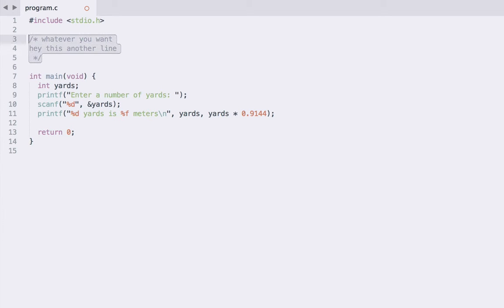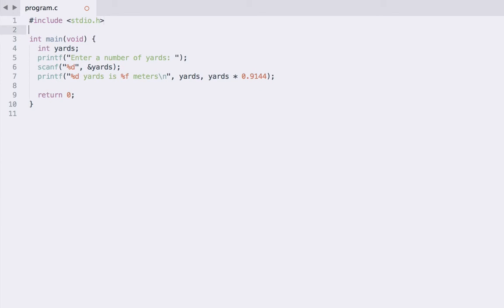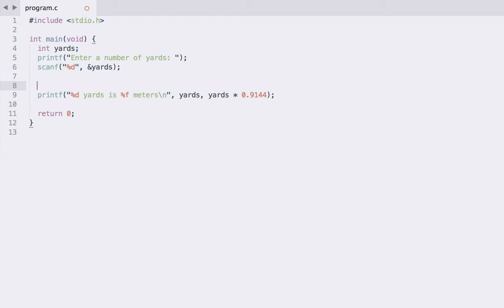Similarly, we can also create a single line comment. So if we go back to where we were, and let's create a single line comment down here just before this line, and we do this in C just by writing 2 /, and then everything else following this on the same line becomes a comment. So we can have C code we actually want the compiler to act upon before the double slashes, just like here, but anything after this is treated as a comment.